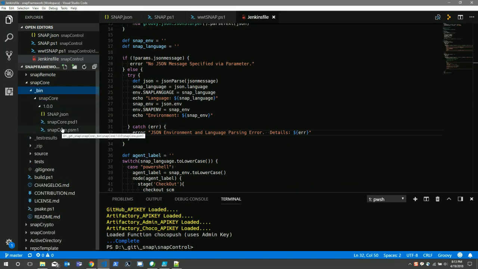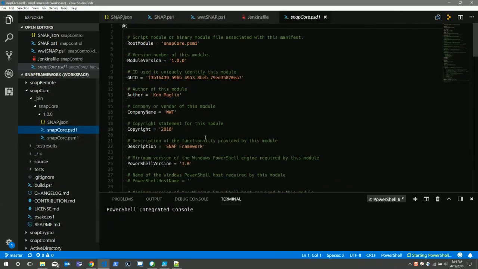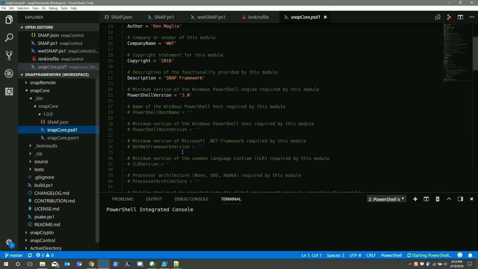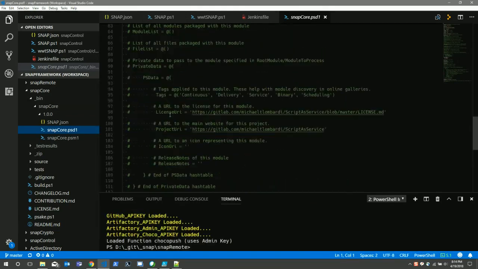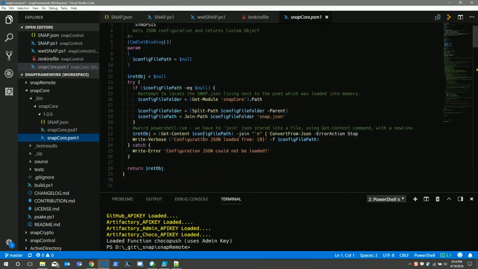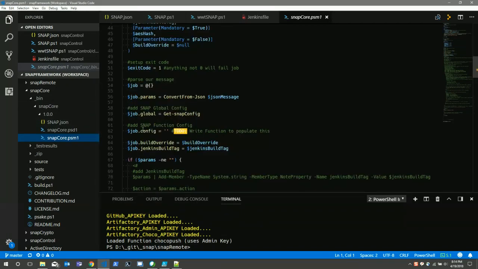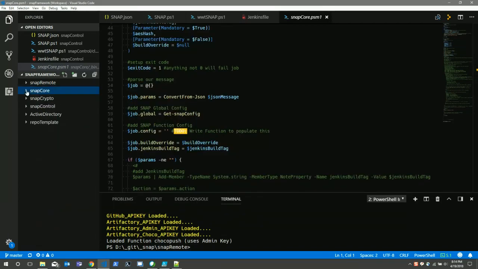Now I'm including snap.json, because I need to throw a config file in here that I write as JSON. But it basically outputs the functions to export, the PSM. As you notice, this is Get-SnapConfig and Start-SnapJob. That's great, but I didn't write this PSM file this way. So what I wrote